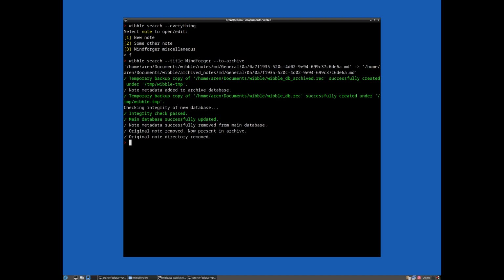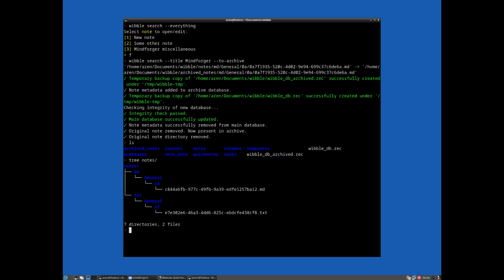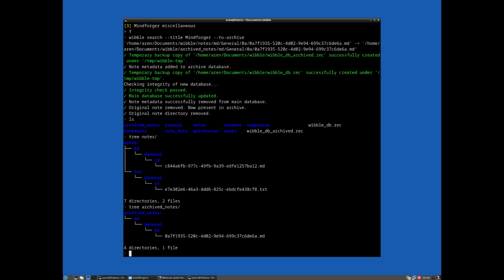and as you can see, a lot of output there. It's updated the database, it's updated the main database, it's updated the archive database, and it's moved the note. Now if we have a look, because I'm in the main Wibble directory here, if we have a look at the tree, we can see that the notes tree has these two here, and now if we have a look at the archive notes tree, well that will be the one that we've just moved there,